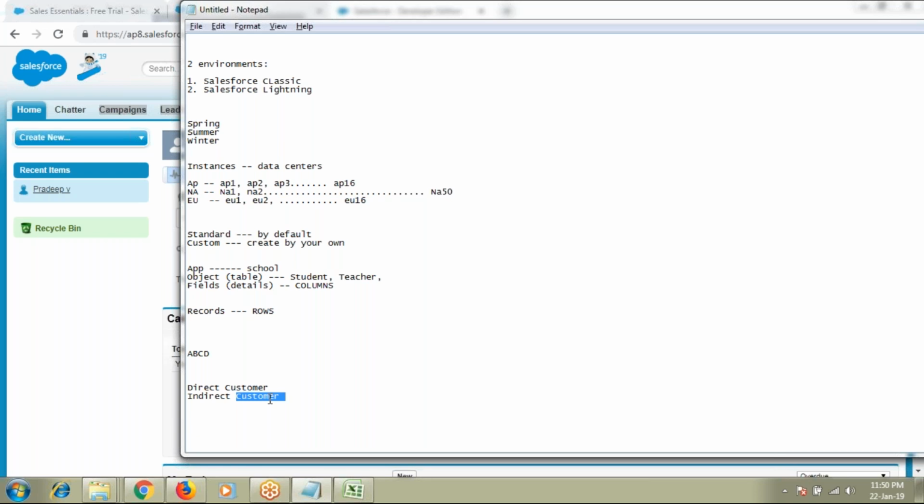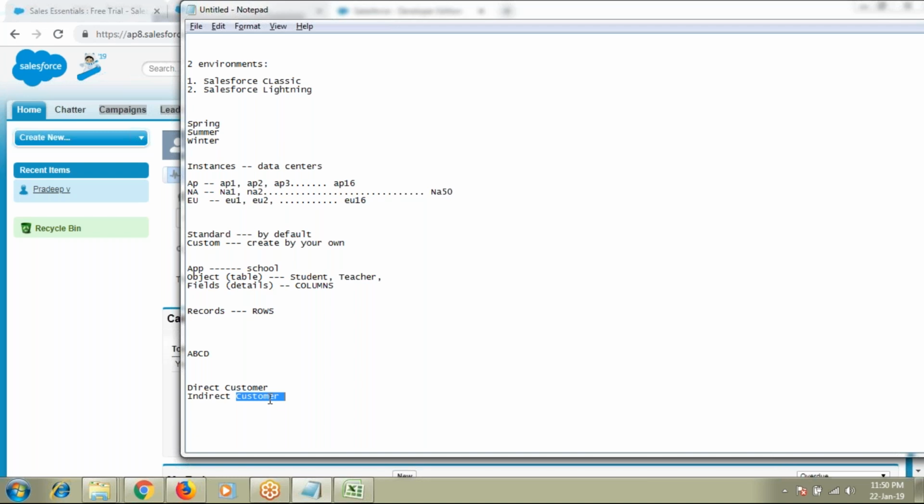So initially the customer is not actually interested. The salesperson himself has gone to the customer location, and he has given the overview of the product, okay, and he has explained about the product, about the configuration, about the pros and everything. And once he explains, it is not a guarantee that a customer will purchase, it may or may not be.